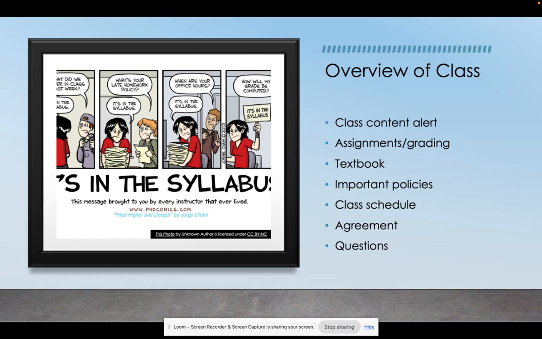What else? If you submit something late, my policy is a little bit different. You can submit late work to me up to a week after the original due date for up to 50%. So I don't take off additional points for each day that an assignment is late. I want to give you that full week so you can really work on getting your late assignment submitted well and get as many points as you possibly can, so that full 50%.